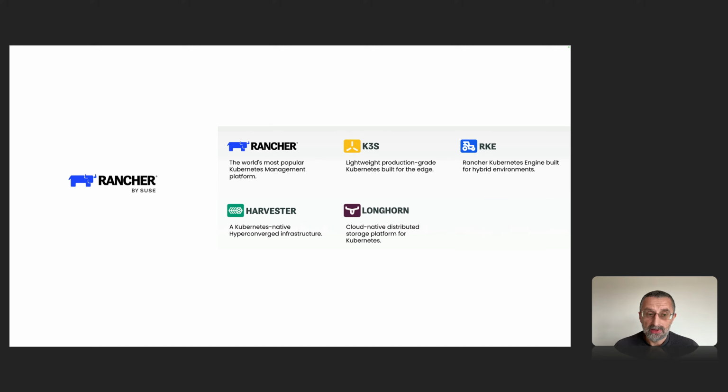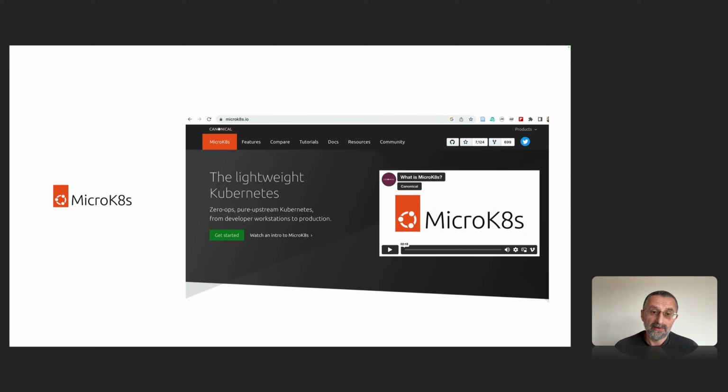So as I said, you also have Rancher by SUSE, a distribution of Kubernetes, or my favorite one. And if I can suggest you try, I would start definitely with this one, because in my personal case that simply works. So you can try to deploy using, for example, the course materials I provide you, with instructions on how to set up a Kubernetes cluster using the Ubuntu distribution MicroK8s,